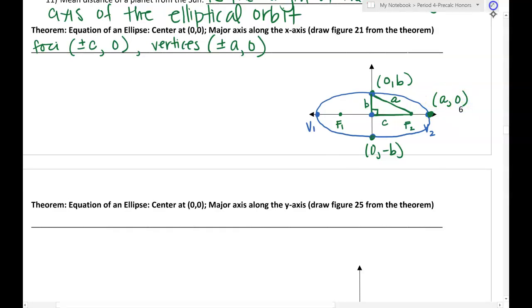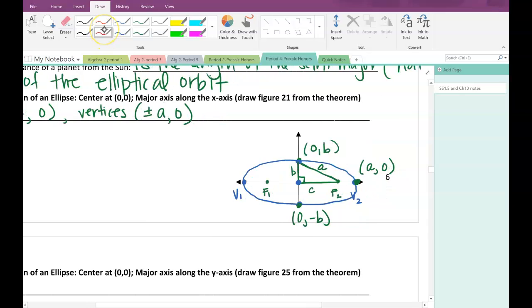So let me draw that out again in red. Remember, A is the hypotenuse of the triangle, but this distance right here, from the center to the vertex, is also A. Over here, this vertex 1 is negative A, comma 0. Okay,